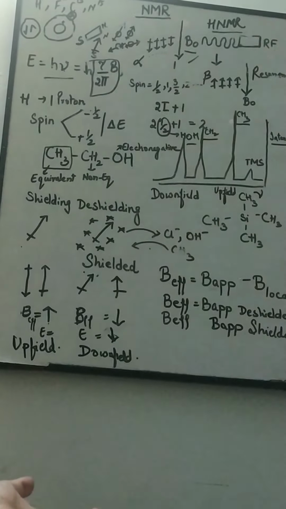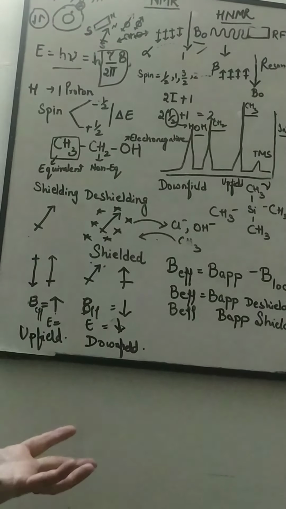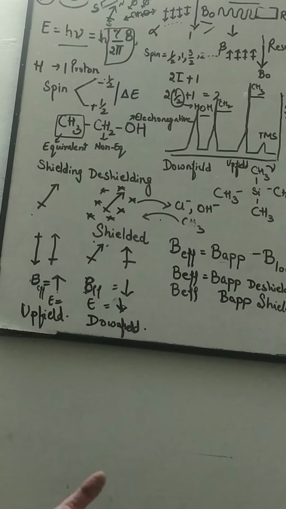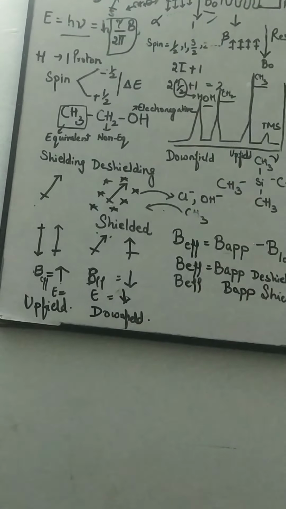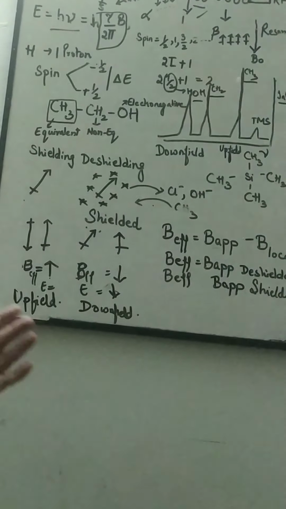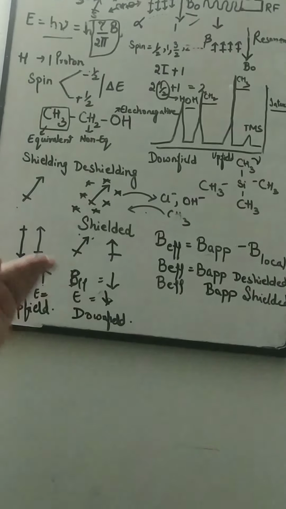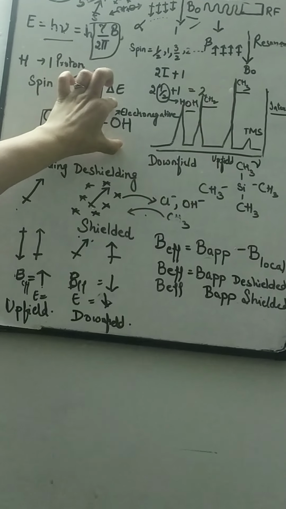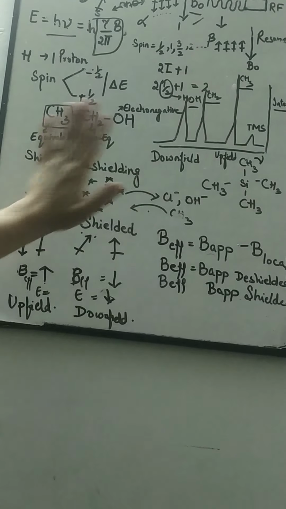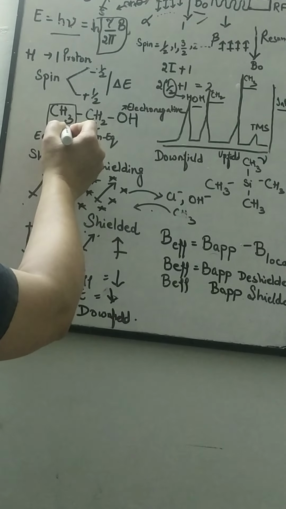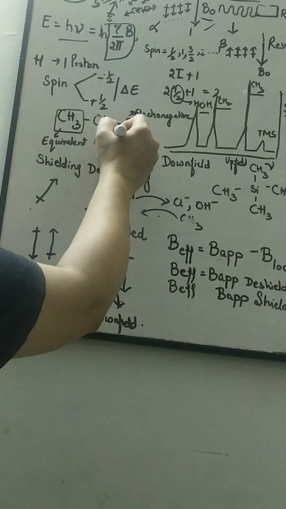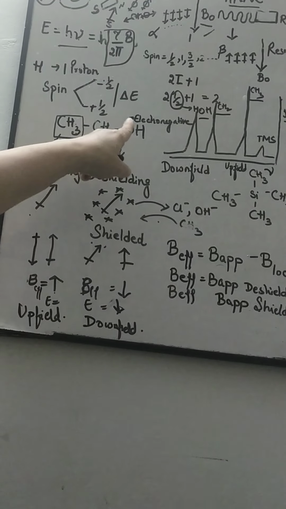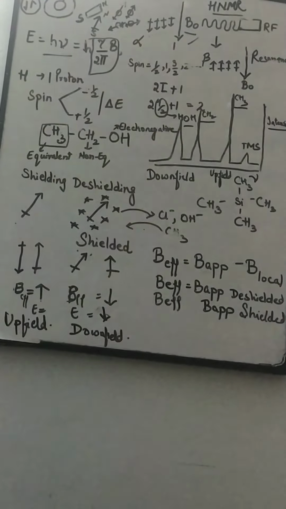Alright, so now what is the advantage of NMR? NMR is used for knowing the structural composition of compounds for which we do not know the structure, or we want to know whether there is cis-trans isomerism, or what kinds of substituents, electronegative or electropositive, are attached to it. So we will take one example, CH3, CH2, OH, which is ethanol. Now in this case, as you can see, there are three types of protons: CH3, 3 protons, CH2, 2 protons, and OH, 1 proton. Here are 3, 4, 5 and 6 protons. However, there are 3 types of protons.